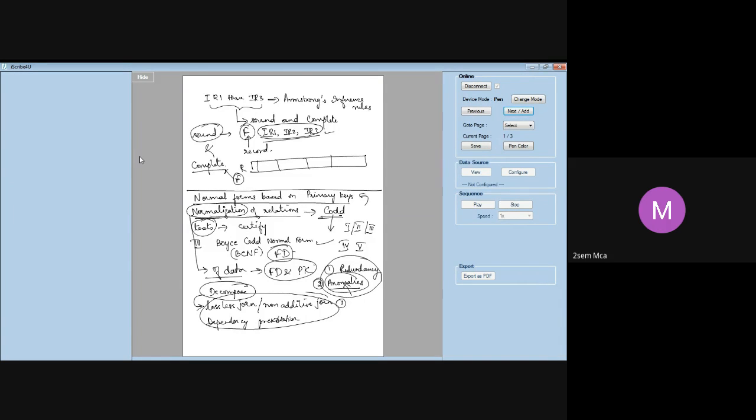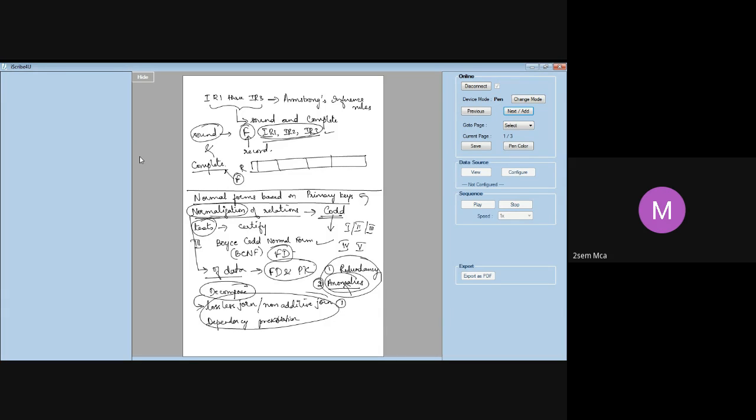That's very important. And then we said that IR 1, 2, and 3 are called Armstrong's rules. They are supposed to follow the properties of being sound and complete. Why they are called that, we have also said. If they ask you in the examination to describe Armstrong's rules, then you should do only 1, 2, and 3. Don't do all of 4, 5, and 6. They are not called Armstrong's rules. And then we saw some definitions of what normalization is.